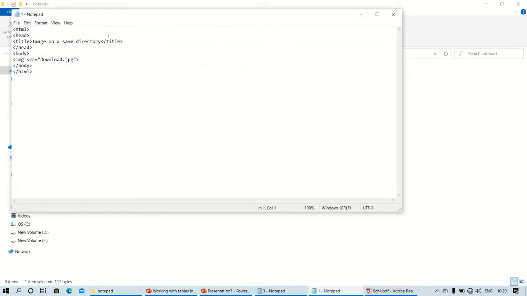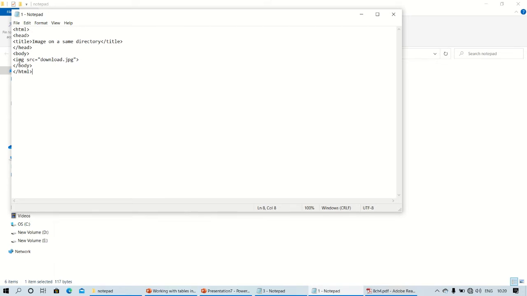I have opened the notepad. Under that when you click on file, you will find new. You have to click on new, and then write the code. See, I have opened the HTML tag, and need to close it with a backslash. Then the head section is there, so you have to close it. Then the title, under that title I have written some information, and then the head section is also closed.